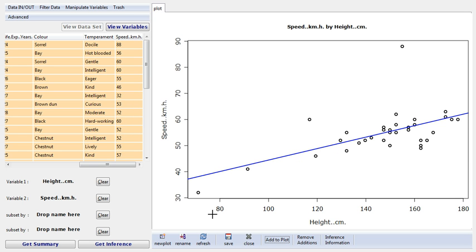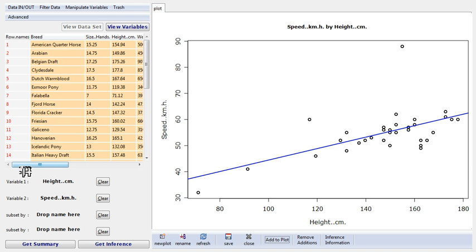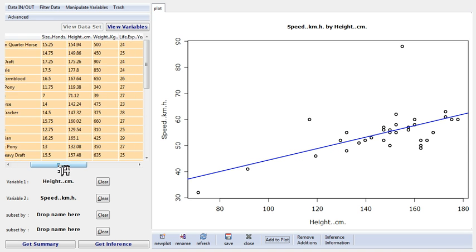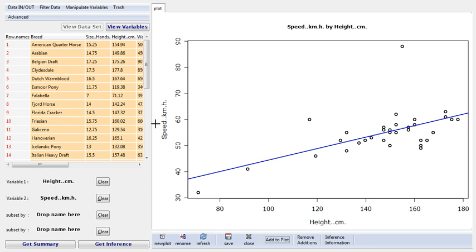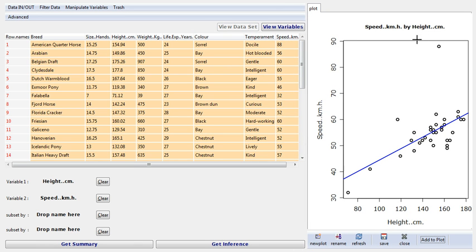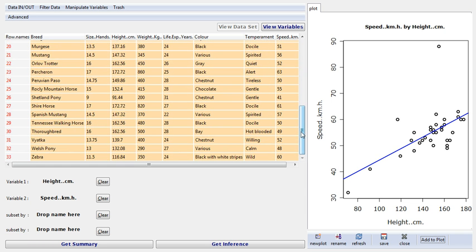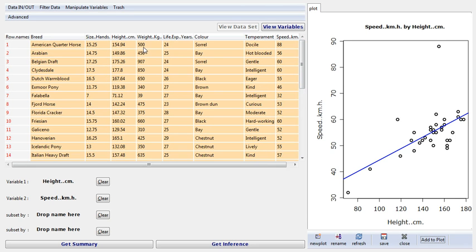So if I want to edit any of this and try and make a new graph, one way I can do it is I've got to eyeball the data. So here's my data. I can actually drag this across. So this point here clearly is my American quarters because there is no other data anywhere like it. My next biggest fastest horse is at 172 centimeters high, 860 kgs, and runs at 63 kilometers an hour,